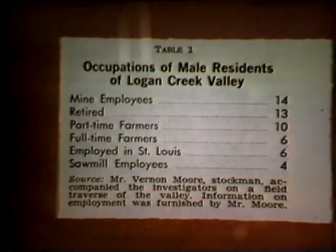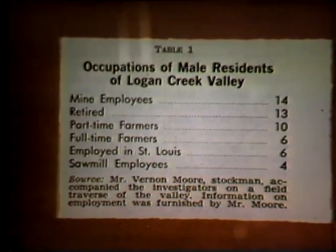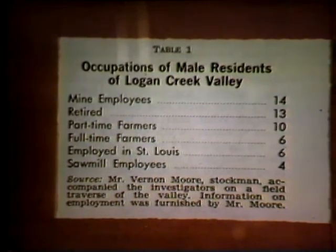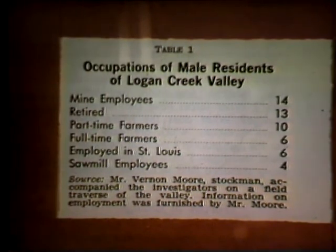Then I'd like to look next at another slide which shows data for the occupations of the male residents of Logan Creek Valley. This is in Reynolds County, and I think this is quite an interesting thing. We, a student and I, did a study of this valley, which had been done some years before, and we went back to the valley to see what people were doing there. And we found, just going down the list of the male heads of households in the valley, their occupations were mine employees 14, retired 13, part-time farmers 10, full-time farmers 6,